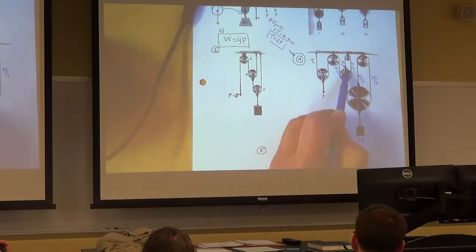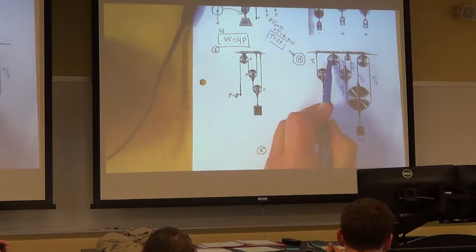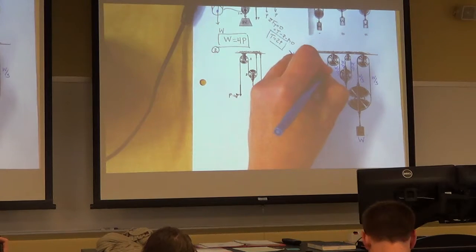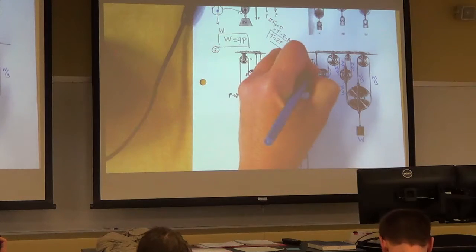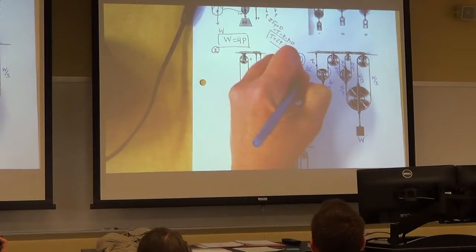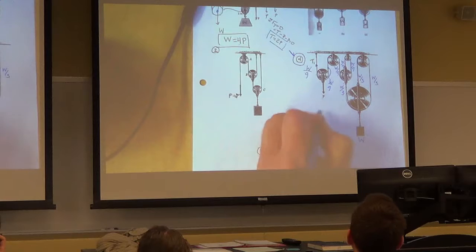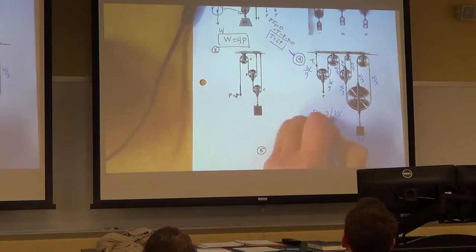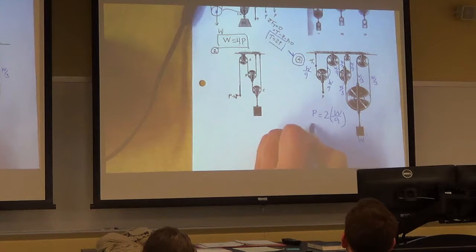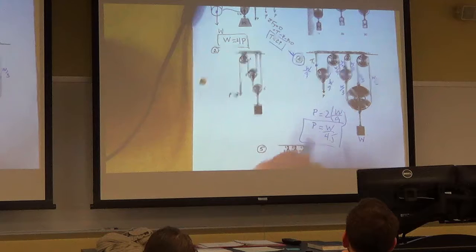So we have W over 9, W over 9, W over 9. What's this going to be? W over 9. What's this going to be? W over 9. Right? So what's P going to be equal to? 2W over 9, which is P equals W over 4.5,